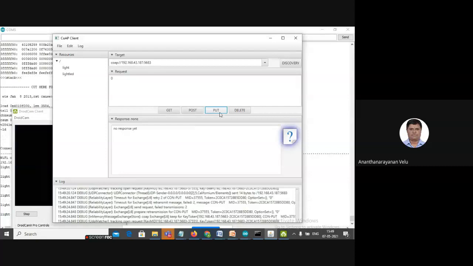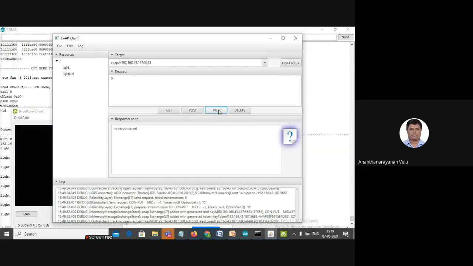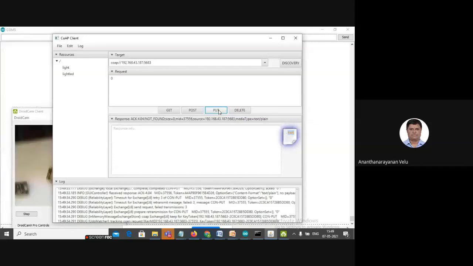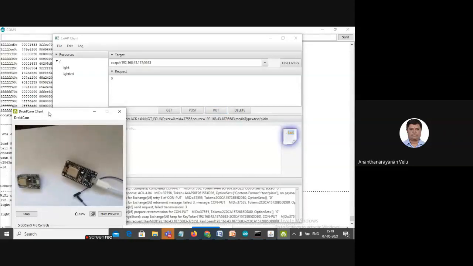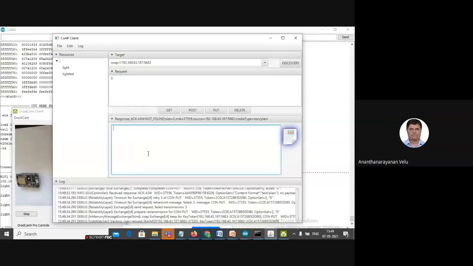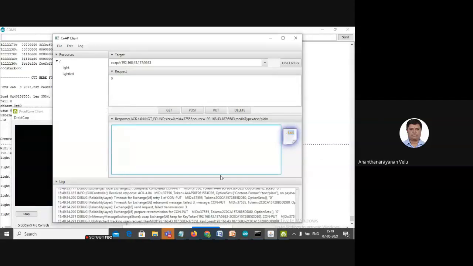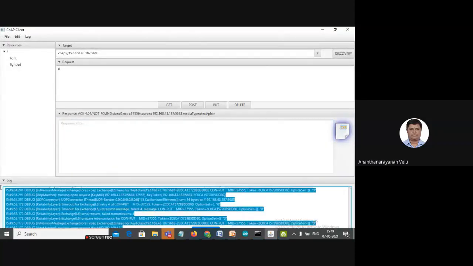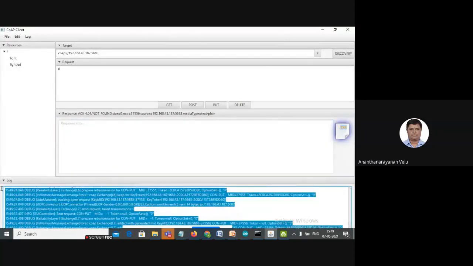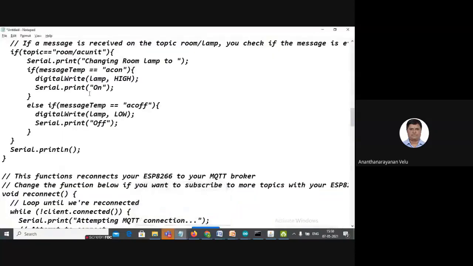When this request was received by the NodeMCU, the respective information will be displayed in the box. For your information, I will copy them into a notepad and then show you